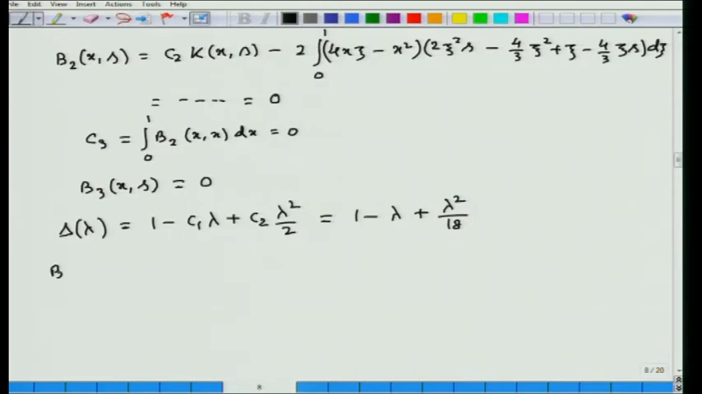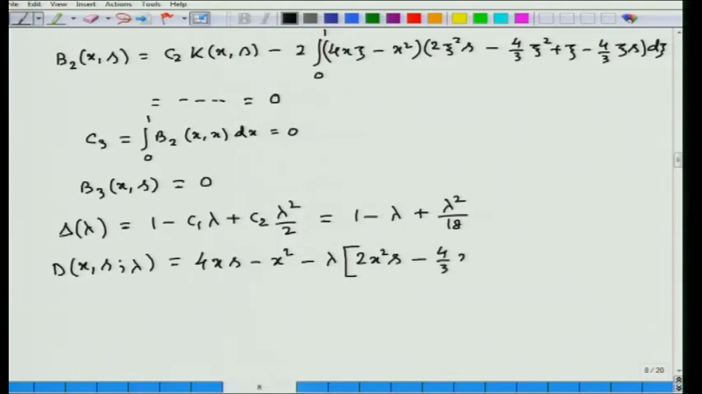and D(x,s,lambda), this D(x,s,lambda) is equal to 4 by 3 x s minus x square minus lambda into b1(x), that is 2 x square s minus 4 by 3 x square plus x minus 4 by 3 x s. This is the expression for b1(x,s),